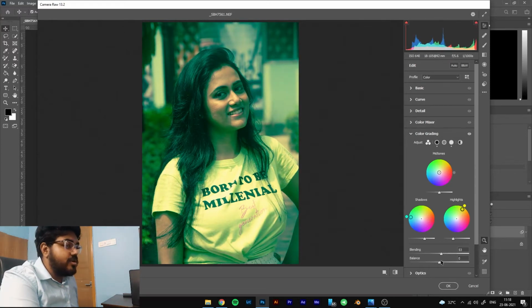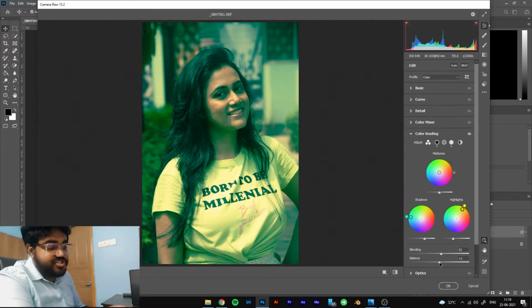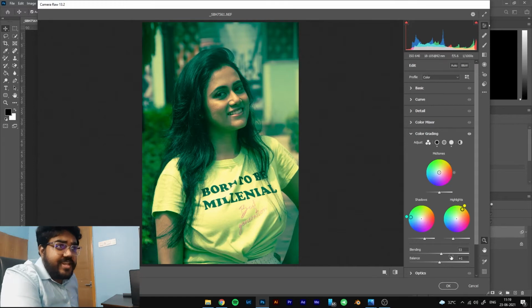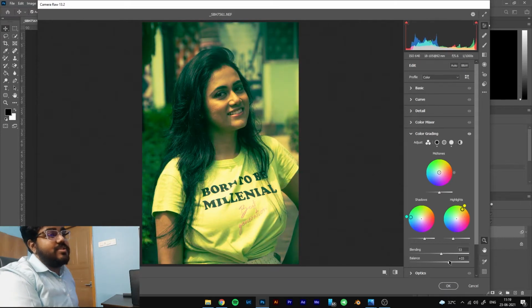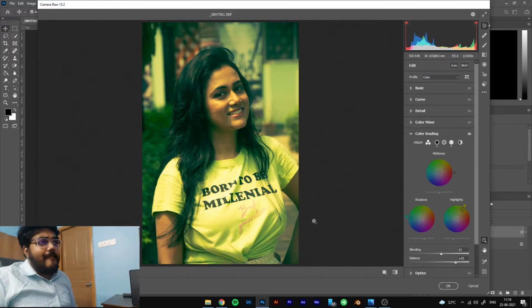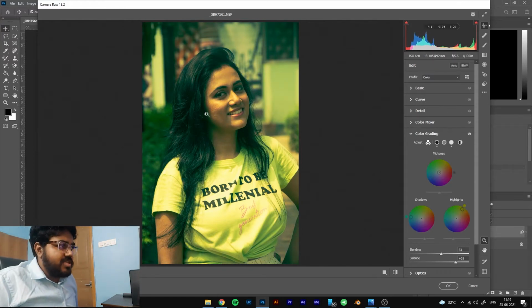Okay, and we're going to move the balance. This basically tells us if we want the shadow color more or the highlight color more, the influence of the shadows more or the influence of the highlights more. So for this image we're going to go for the highlights because it's mostly a daytime image. We don't want the shadows more. So we're going to go towards the highlights and we'll stop over here. This looks okay. You still have the blue effect on it, but the yellow looks a bit too saturated,